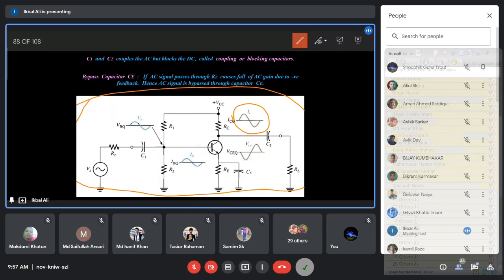What are the limitations? The weak signal which is received by the antenna will be amplified by this class A amplifier circuit, and you will get a small, slightly undistorted amplification, but that amplified AC signal is not sufficient to drive your output device. That may be a speaker, a video monitor, or a motor. So you need to boost the output of this small signal amplifier to a large value such that the speaker can be driven.